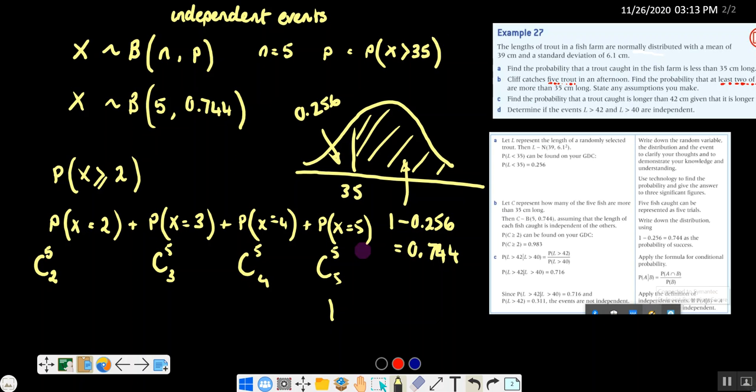C 5 2 would be the same as 10? Yeah. And I got 5. Okay, now that's the number of ways, but then we need to multiply that by the probability, don't we? That x is 2. So that means 2 of the fish are greater. So we need